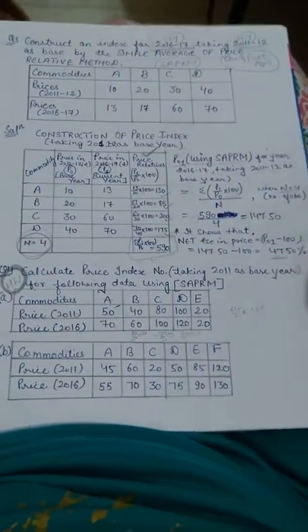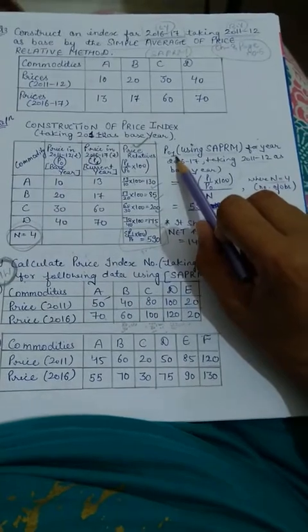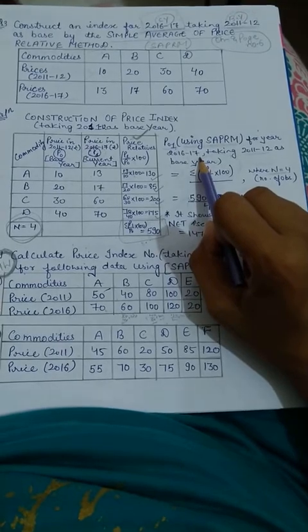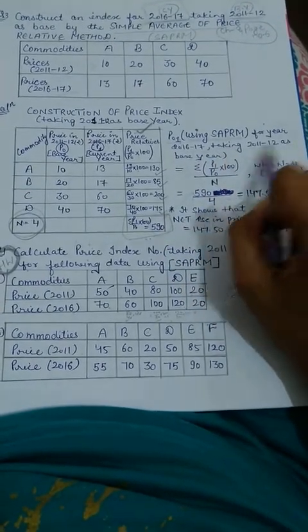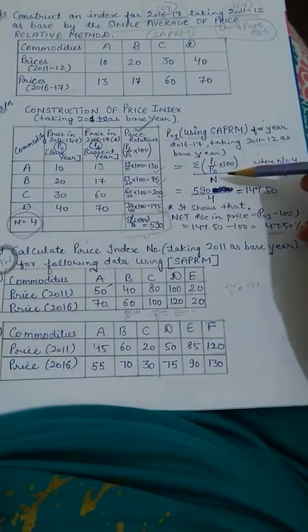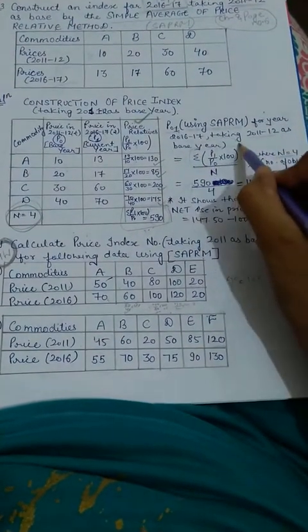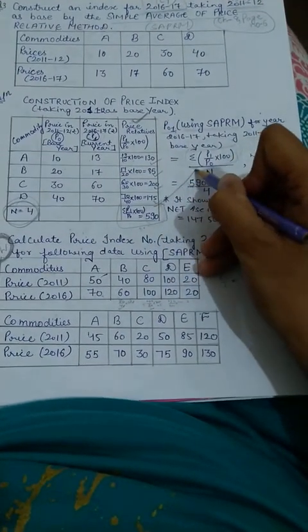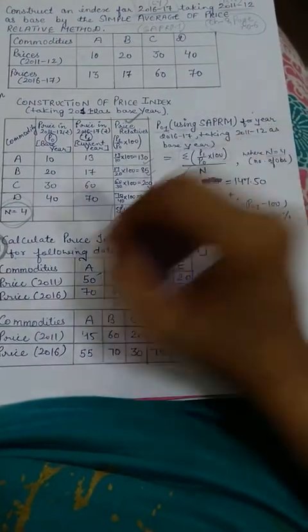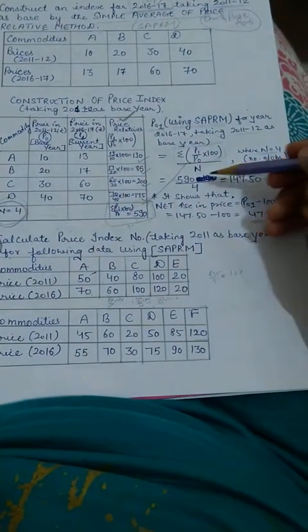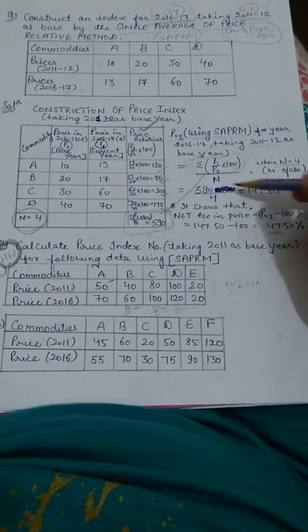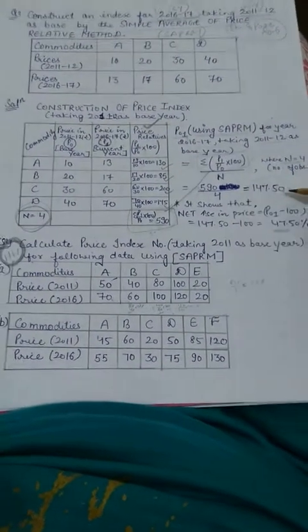Now bacha, we will be using the formula P01 using SAPRM for the year 2016 and 17, taking 2011 and 12 as base year. As you know that already we have got the value of this complete formula. Already we are having the value that is 590, and n value also we have calculated, that is 4. So directly we will put these values over here, that is 590 upon 4, and after dividing 590 by 4 we will get